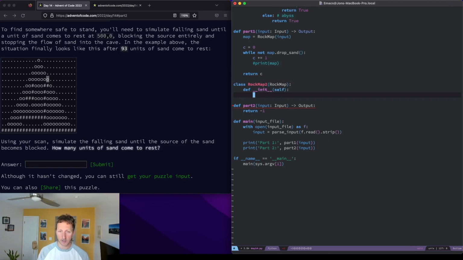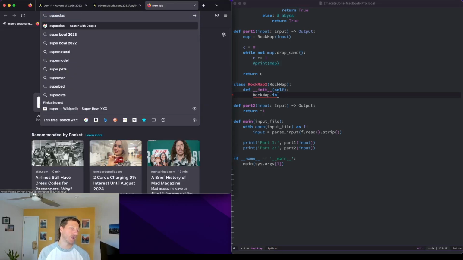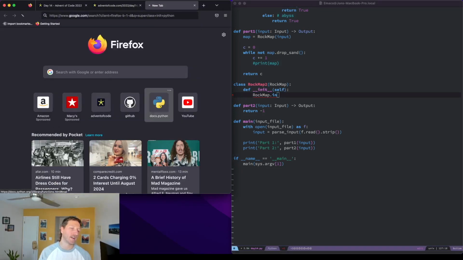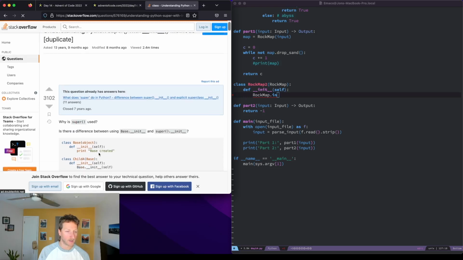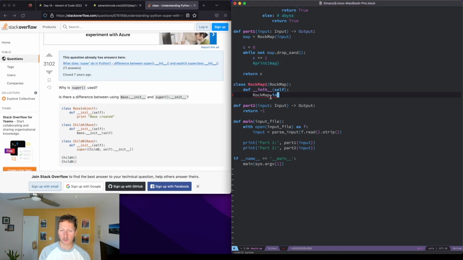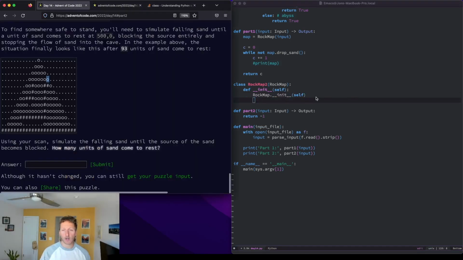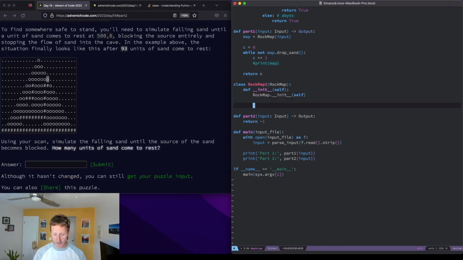How do you do super class init in Python? I always forget this syntax. Okay, yeah, you can just do RockMap.init self. So we're initializing the rock map,